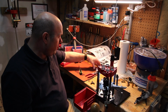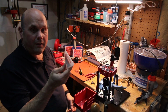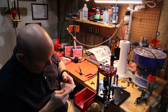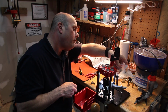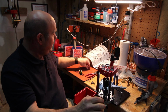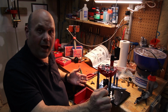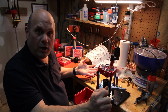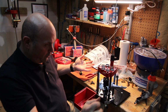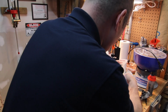Okay, so I already have my small pistol primers in one of these. I had a separate one of these. I have several of these. That helps a little bit. Of course, it's set on lock right now, so it's not going to fall everywhere. There we go. All right, and then what you need, so before, for the 44 Magnum, I had the large primer guide, but you need the small primer guide for this to work. So I'm going to take the old one out,